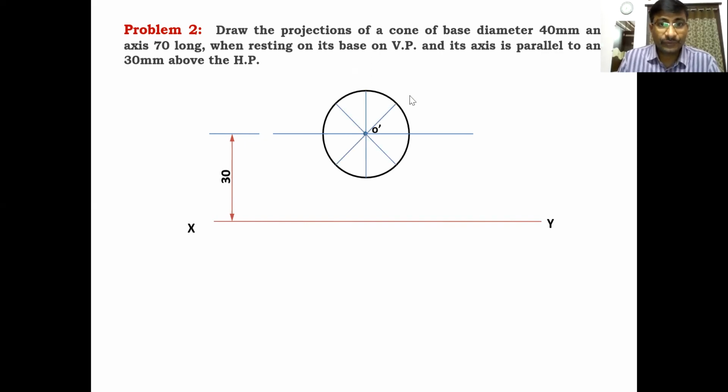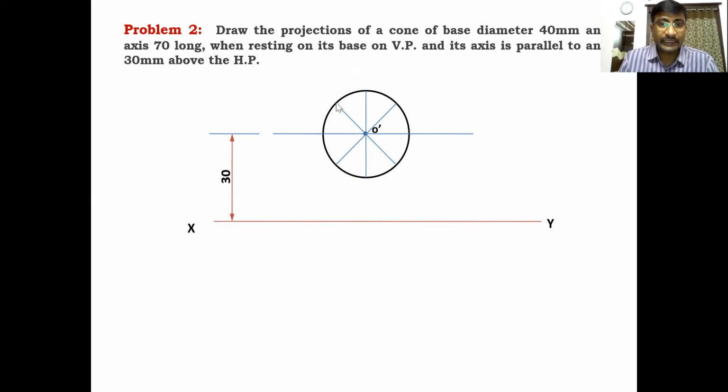And divide that circle into 8 equal parts like this. How to divide into 8 parts? Every part makes an angle of 45 degrees at the center of the circle. Like this, this part makes 45, this part makes 45. For every 45 degrees, divide the circle into 8 equal parts: one horizontal diameter, one vertical diameter, and two inclined diameters. Like this, you have to divide the circle into 8 equal parts.